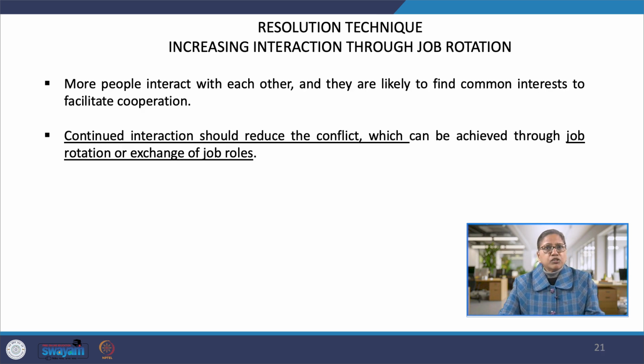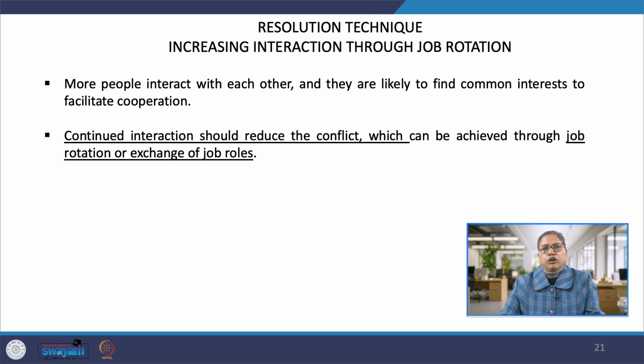Increasing interaction through job rotation. The more people interact with each other, the more likely they are to find common interest to facilitate cooperation. When parties with opposing values are forced to interact regularly, there is a higher probability of conflict. But our point is that continued interaction should reduce the conflict, which can be achieved through job rotation or exchange of